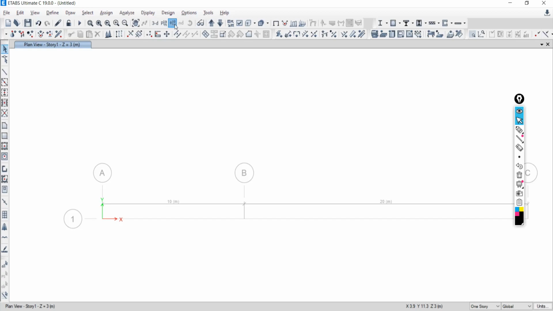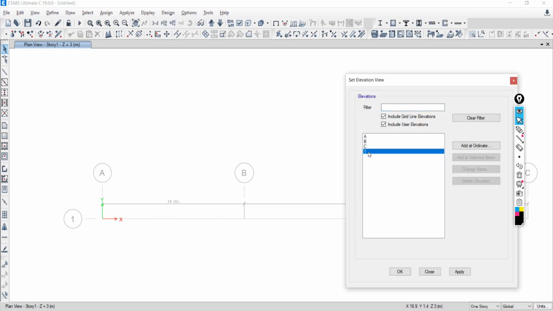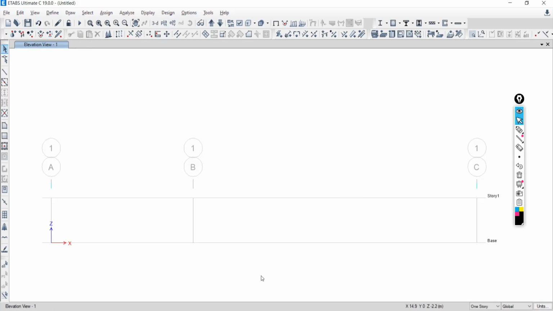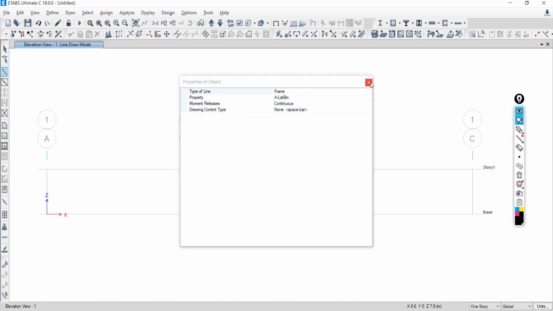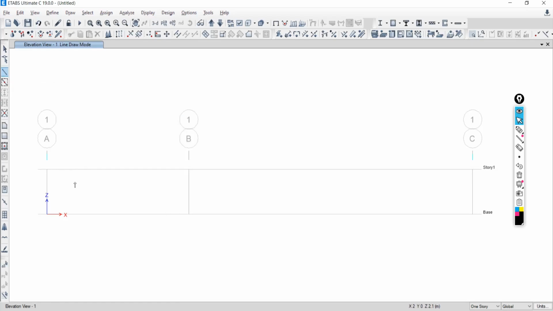Now go to Elevation, go to along the grid first, say Apply. I want to work over the elevation. So take the frame, just close this. This is the first point. Unless you are getting the joint mark or red sign, don't click over that. Otherwise, there will be the possibility of modeling error. Now just click here, freely move to the next point, then click over that. Then freely move to the next point, then click over that.